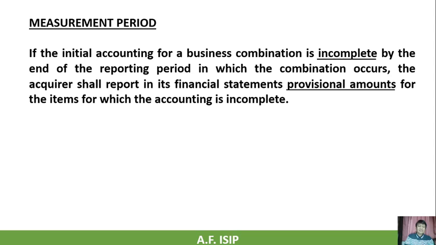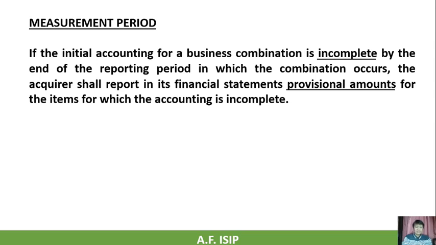So here are the rulings as far as measurement period is concerned. The first ruling: if the initial accounting for a business combination is incomplete by the end of the accounting period in which the combination occurs, the acquirer shall report in its financial statements provisional amounts for the items for which the accounting is incomplete. As I have said a while ago,